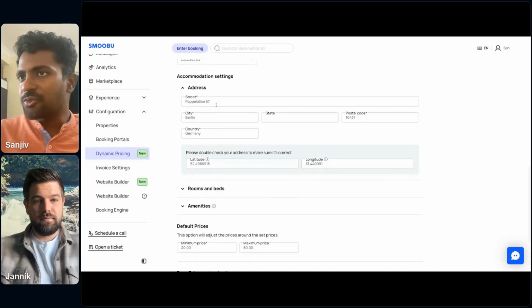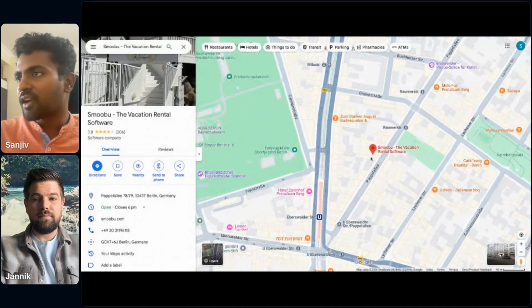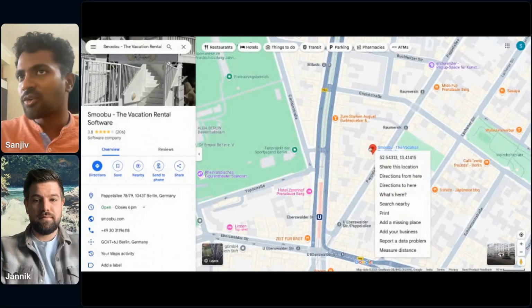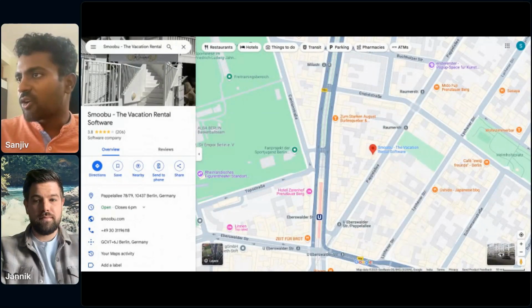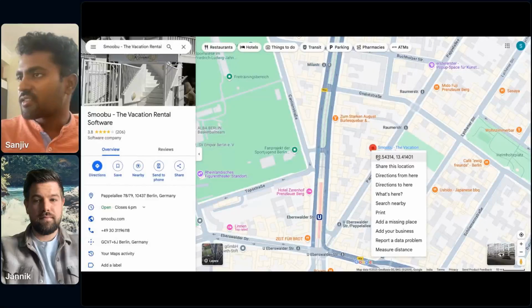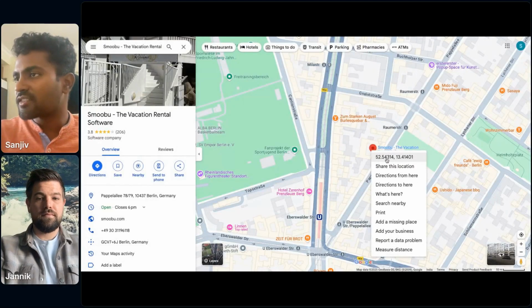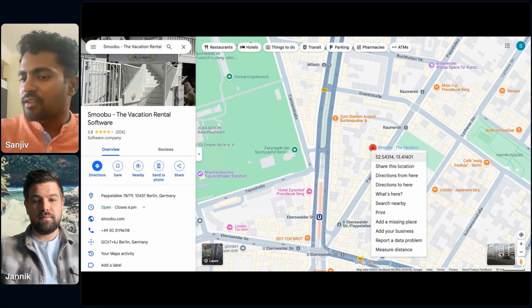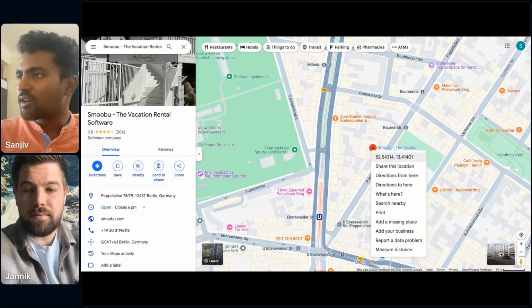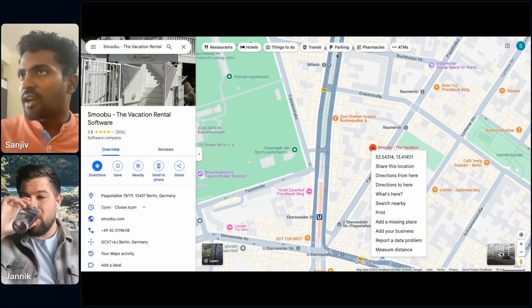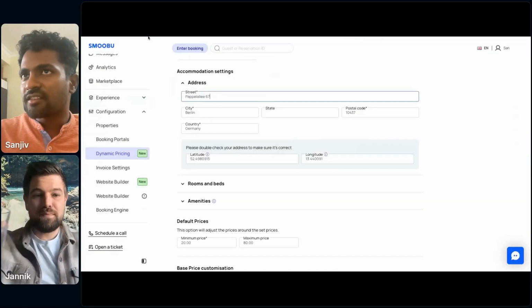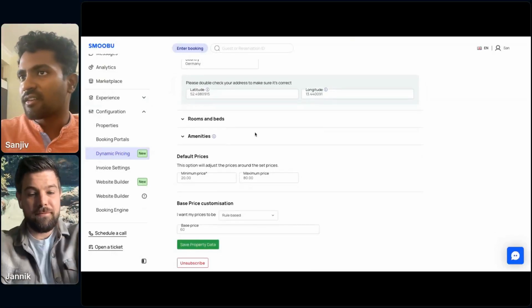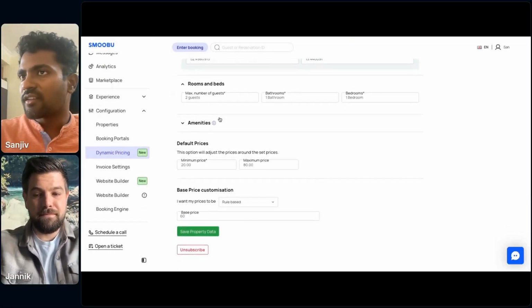And as a user, you're supposed to enter the address here. And as you can see here, I've basically already typed in the location and I have it live. And once I right click on my address, you see the coordinates. Like for example, here it reads 52.54314, 13.41401. And once you verify that this is the correct coordinates, you can go down and then enter the number